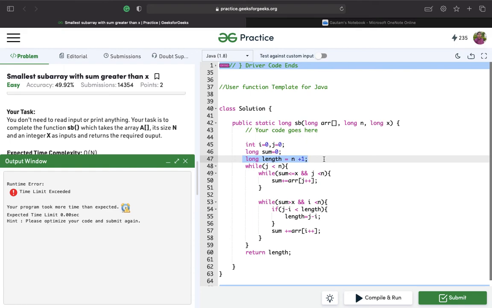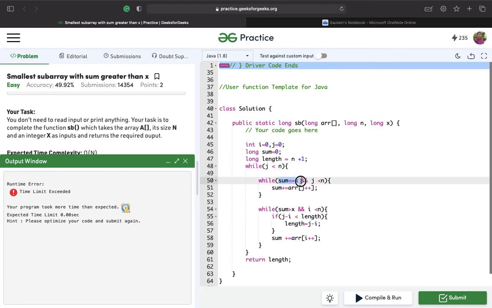Length was n plus 1 initially. Sum is 0. I and j are 0 as well. So let me add a space. If sum is less than equal to x and j less than n, so what we'll do is we'll simply add the sum over here, and if sum is greater than x, we'll do I less than n, and if and only if j minus I less than n, we'll do